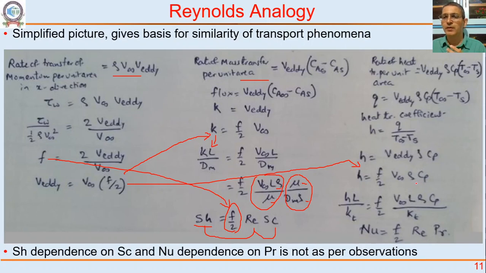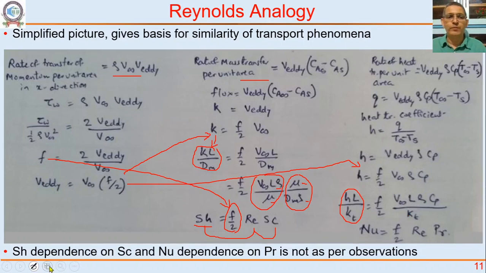Rho Cp. Make H also dimensionless. Like Sherwood number, we can make H also dimensionless: HL by thermal conductivity. You see the analogy. KL by dm, HL by KT. Mass transfer coefficient, heat transfer coefficient, length, diffusivity for mass, conductivity. You can write as F by 2 V infinity L rho Cp by KT, and then